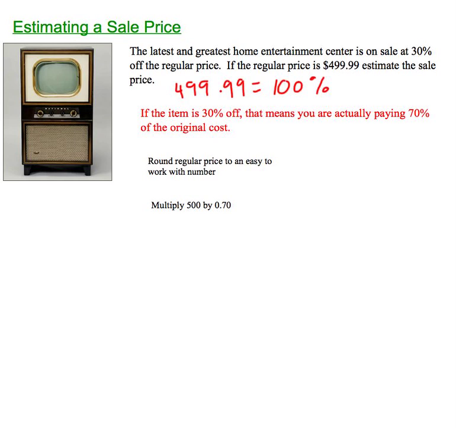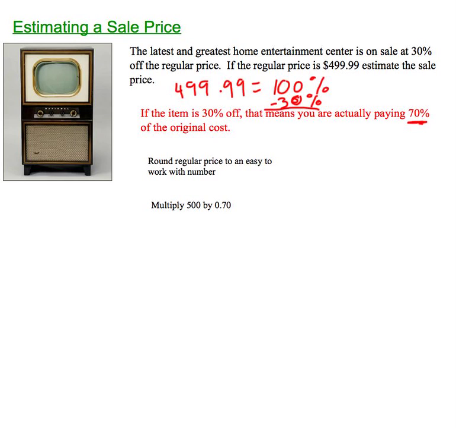But it's on sale for 30% off. So if we take away 30% of the price, if we take away 30%, the percent you're actually paying is 70%. So what that means is we want to find out, well, what is 70% of